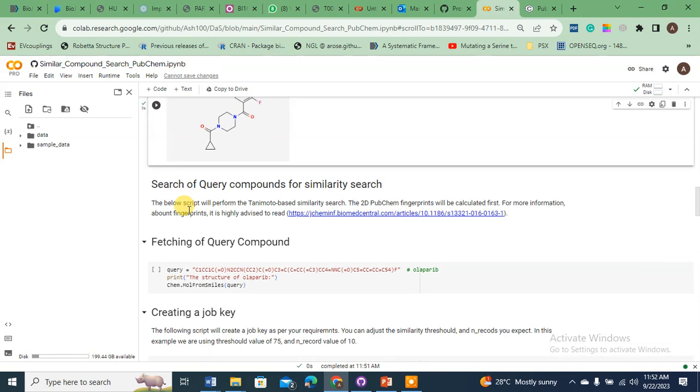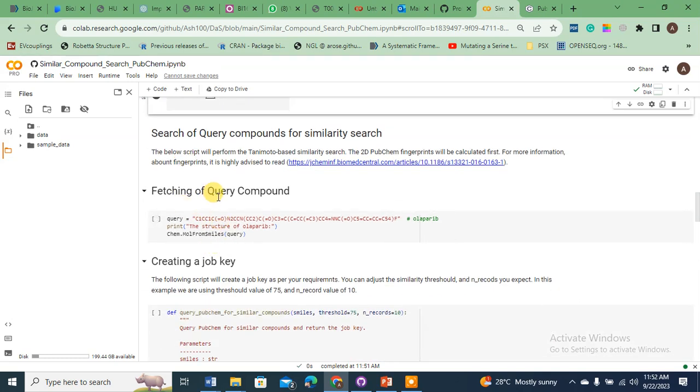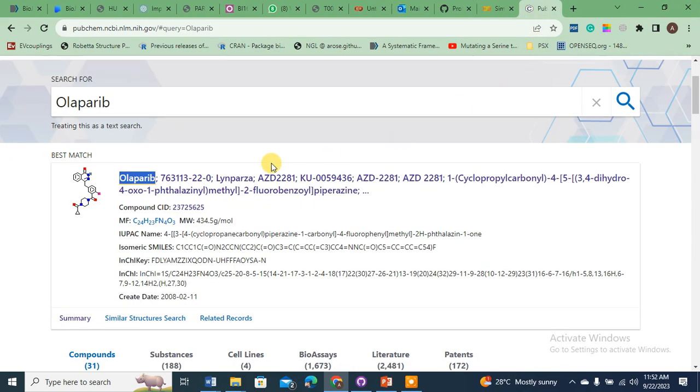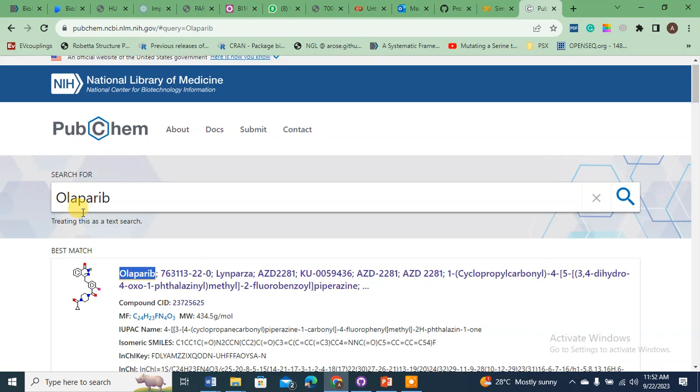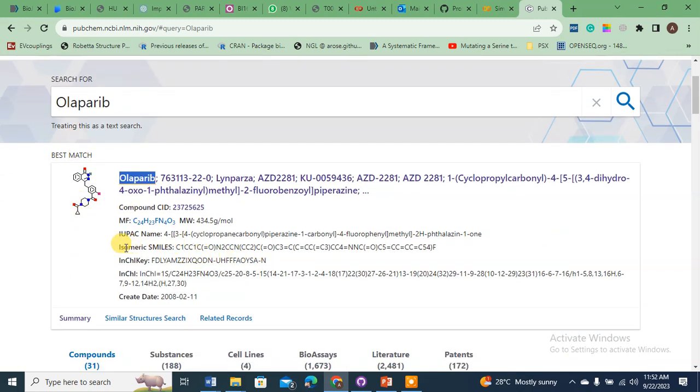Okay, now we are coming to the real business. Here we will fetch the query compound. In our case this is olaparib, in your case it could be anything. You can see some strings like C1, C1, these kind of things. So your compound will be open in PubChem just like I have opened this olaparib. Copy the isomeric SMILES. You can see the isomeric SMILES for every compound. You must have an isomeric SMILES. Just copy it